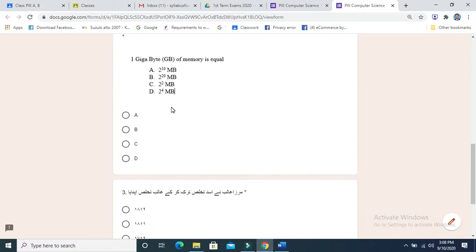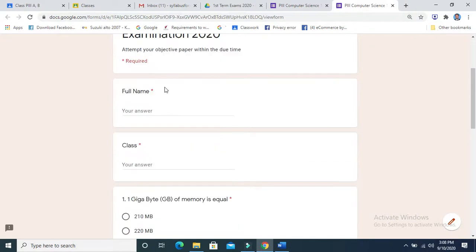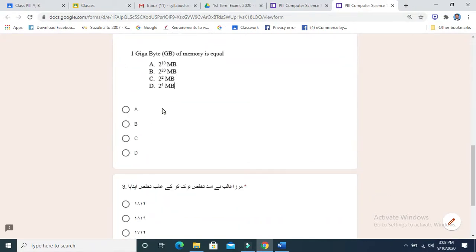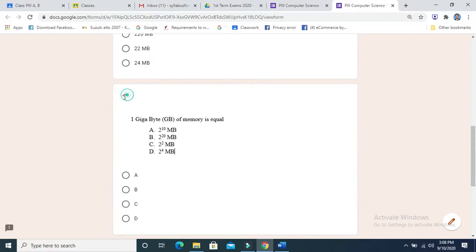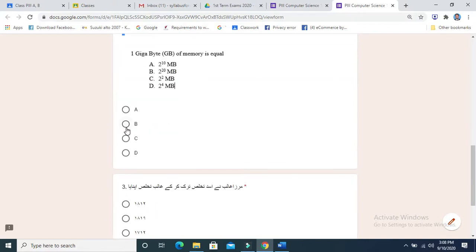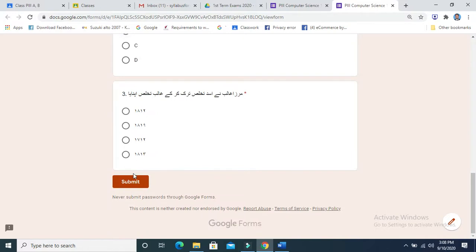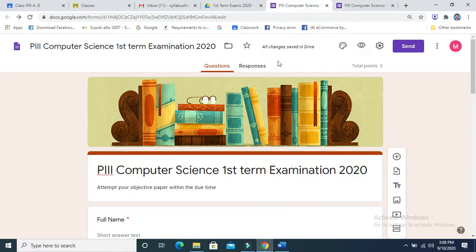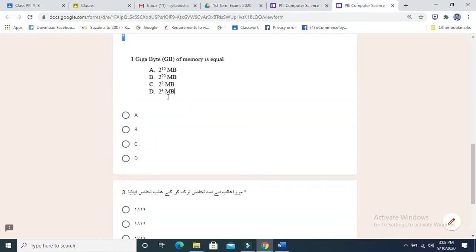So when the student is entering data, if he misses anything, since the star is there, the student won't be able to leave it blank. The student will have to mark it and then click on the submit button. When he clicks on the submit button, the response will immediately reach the responses option. Let me show you one example over here.